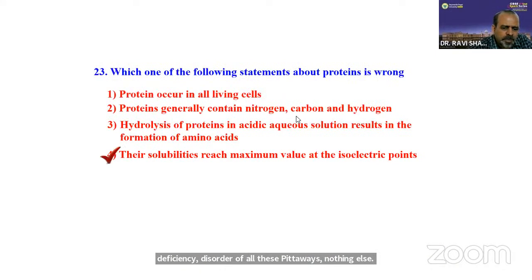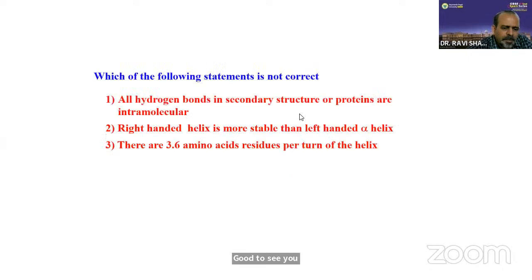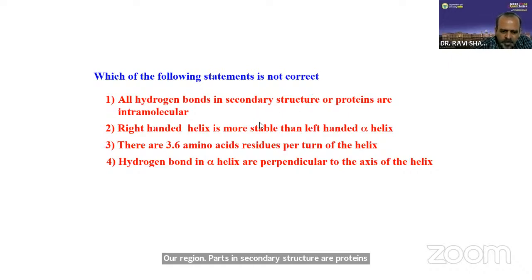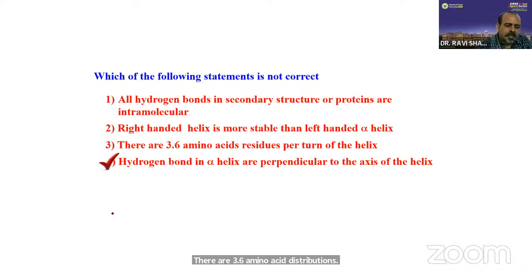Let us see how the questions have been given. Which of the following statements is not correct? All hydrogen bonds in secondary structure of proteins are intramolecular. Right-handed helix is stable. There are 3.6 amino acid residues per turn of the helix. Sir, so what may be the wrong? The hydrogen bonds in alpha helix are perpendicular. Why, sir? If this is the alpha helix structure,